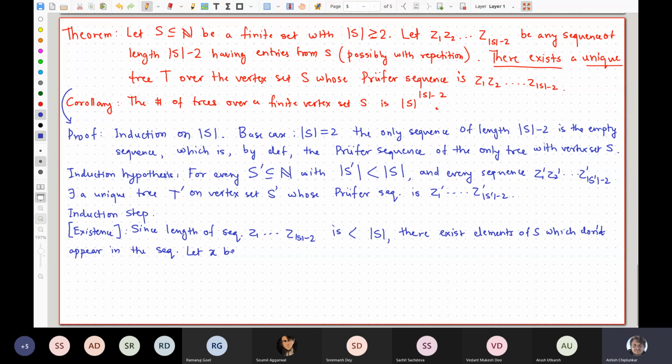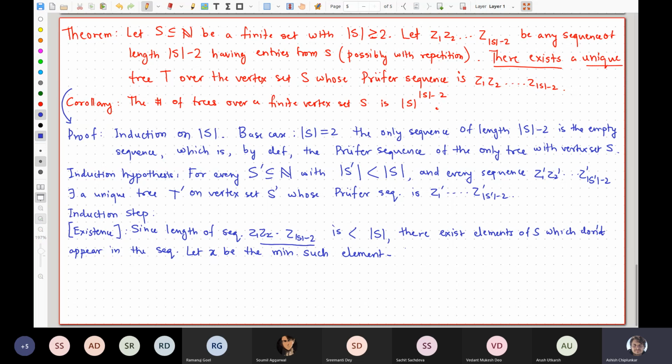Let X be the minimum such element. Now in the tree that we construct, we'll ensure that X is a leaf and its neighbor is Z1. Okay, so now what? Now we'll apply the induction hypothesis on this sequence Z2 to Z size of S minus 2. X does not appear in this sequence Z2 to Z size of S minus 2, which means